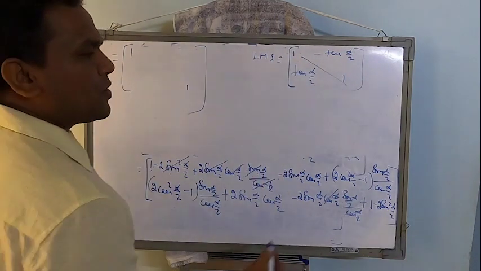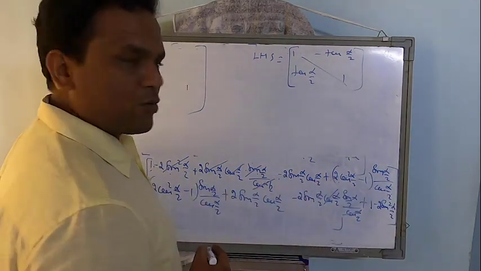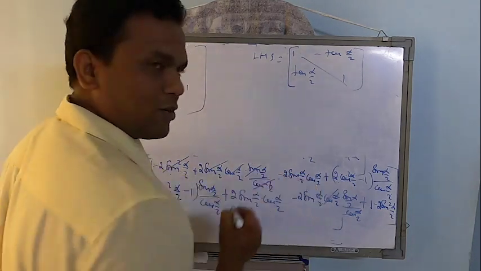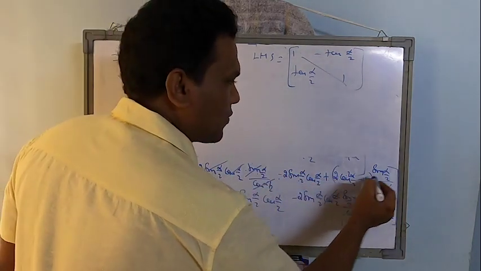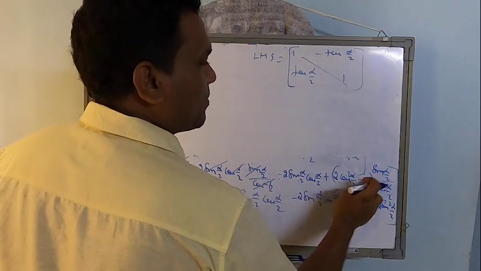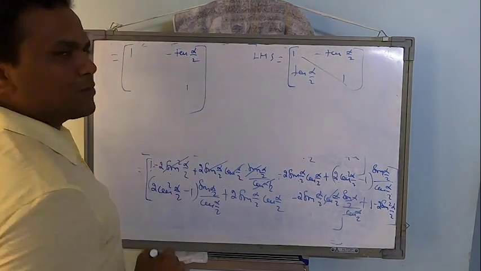I already got my these two elements, right? The rest is this. So upon multiplying this inside, cos alpha by 2, cos alpha by 2, one term cancels, correct? Now the remaining is what? Minus 2 sin alpha by 2 cos alpha by 2, 2 cos alpha by 2 sin alpha by 2, that also cancels. So what is the only remaining term? Minus this, that is nothing but minus tan alpha by 2.